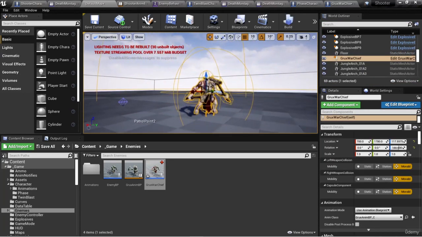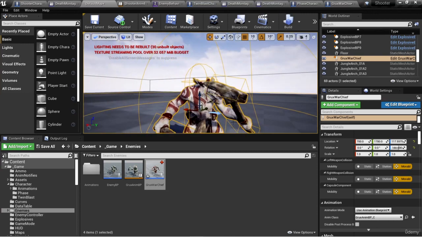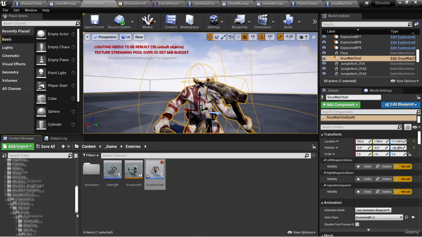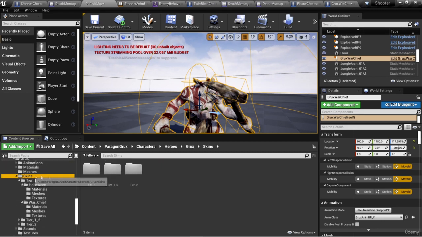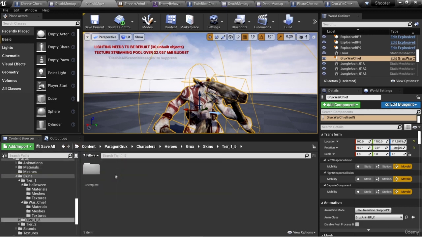Now, as a challenge to you, go ahead and create some more Grux characters using the different skins that come with the Paragon Grux asset. So there's a couple here in Tier 1, there's one here in Tier 1.5, and there are 3 here in Tier 2. Go ahead and create some more so we can have a bunch of different types